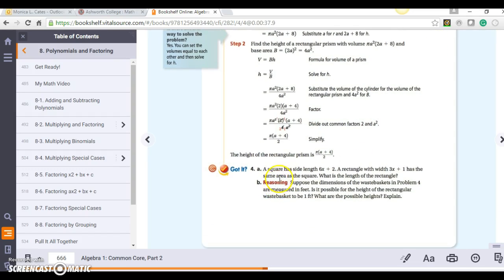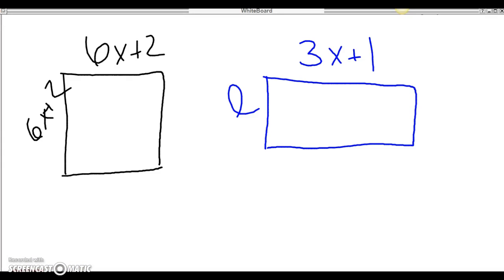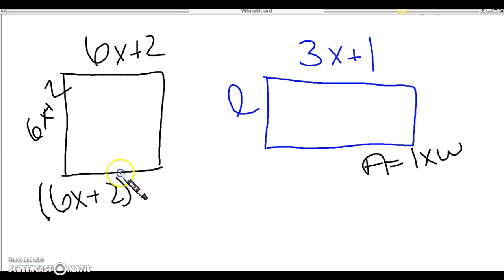It says a square has a side length of 6x plus 2. A rectangle with width 3x plus 1 has the same area as the square. What is the length of the rectangle? So I've written it here on my whiteboard. I know the area of a rectangle is length times width. The area of my square is just side squared. So let's find that real quick. So 6x plus 2 squared. And that's going to give me,